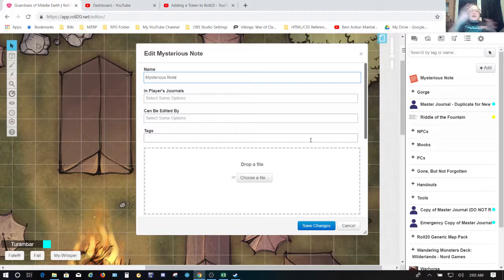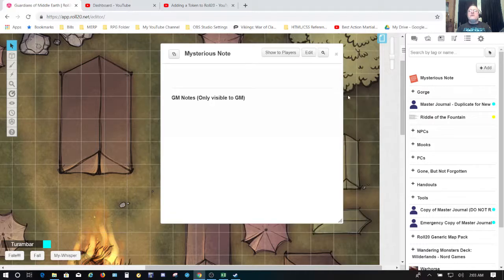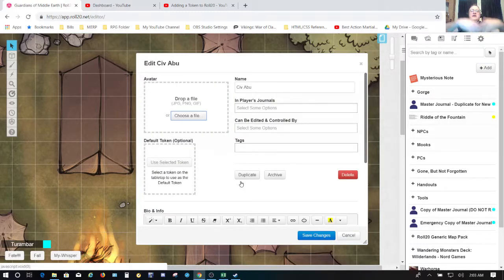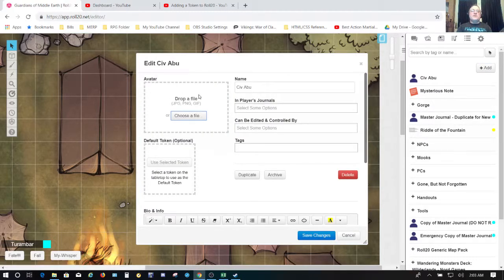So basically, you're going to upload something that you want them to be able to have access to. That's your handout. A folder is just going to be a folder, and for a character, you're going to drop an avatar picture here. This is where we're going to eventually attach a token. You're going to name your character, and this is where you tell